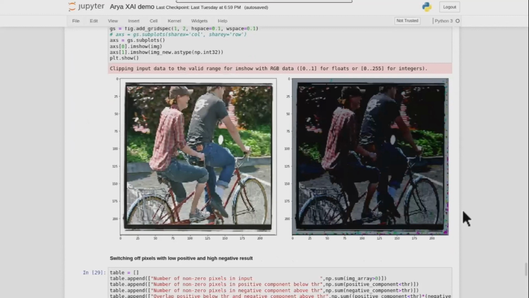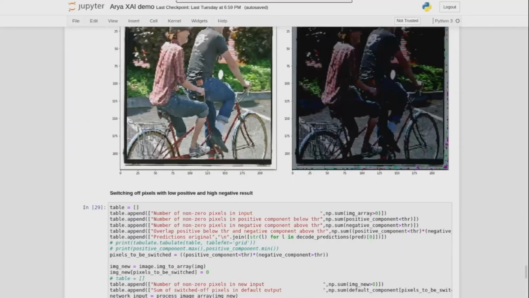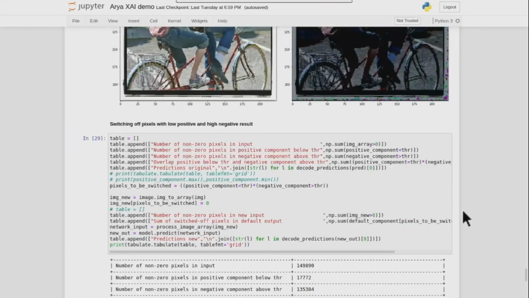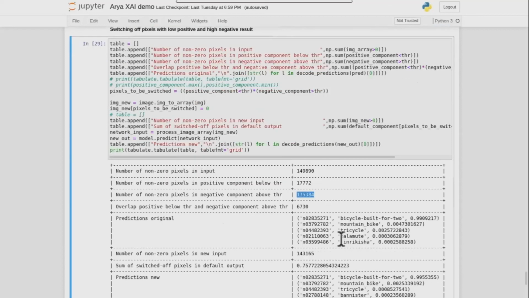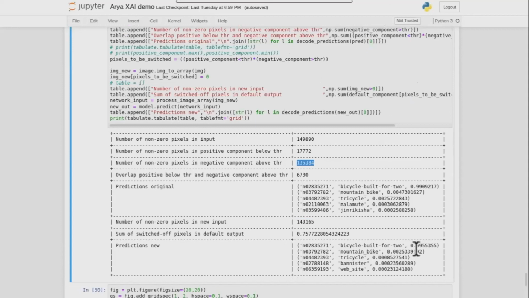analysis of this also. We can remove high negative and low positive pixels also. So in this, what we did, we had 17,000 pixels which are below the threshold in case of positive. And in case of negative, now we have 135,000 pixels above the threshold. The overlap between these two is 6,730. So these 6,000 pixels have a low positive impact but a high negative impact. Okay. So when you remove these, your score actually goes up